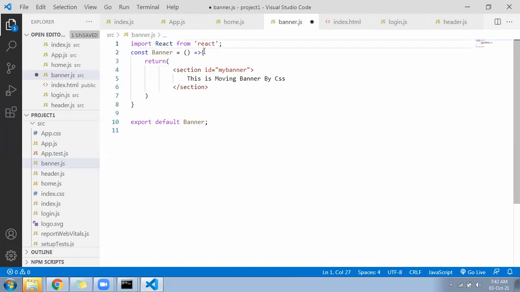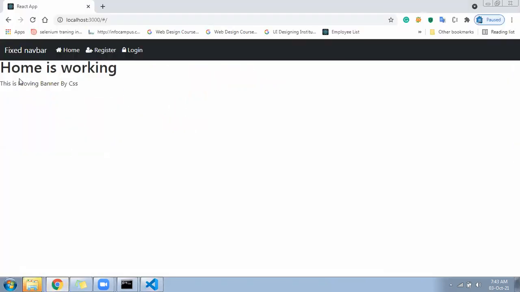We have a file called index.css. There we can write the CSS for my banner, and everything will be proper. I hope this portion we have done.